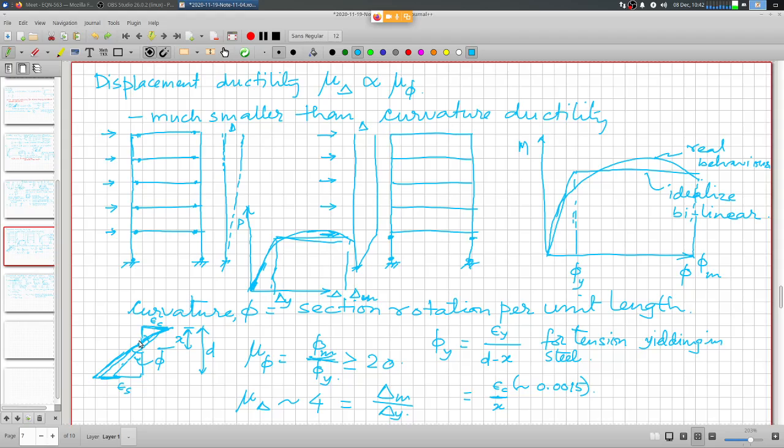So those kinds of curvatures are only possible when you adhere to very specific, very stringent requirements of concrete confinement, because there is no way we can have very large curvature ductility unless we have a commensurate increase in the concrete strain, which can keep up with the elongation of the steel,